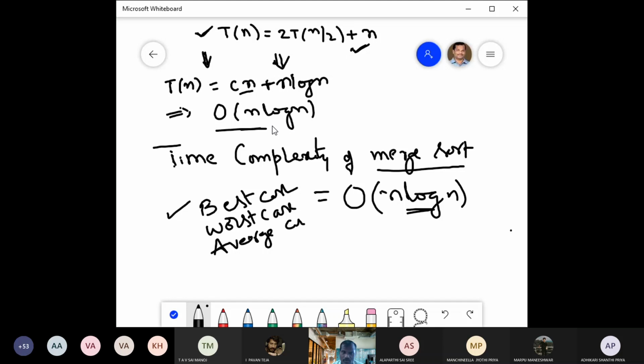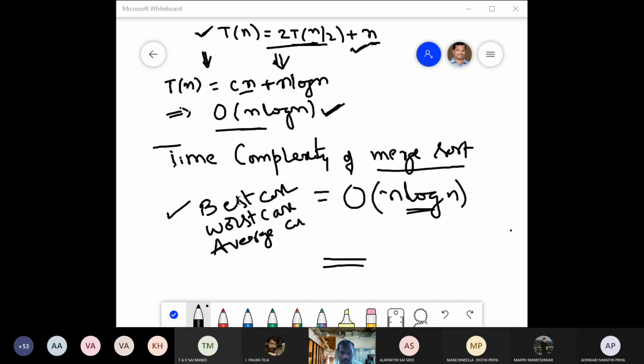So how did you get this n log n? By this recursive equation. How did you obtain this recursive equation? From the algorithm. We have two recursive calls whose length is n by 2, plus the merge function. This is the merge function, and these are the two recursive subcalls. In this way, you can express the time complexity of merge sort. If you have any questions, you can ask me.